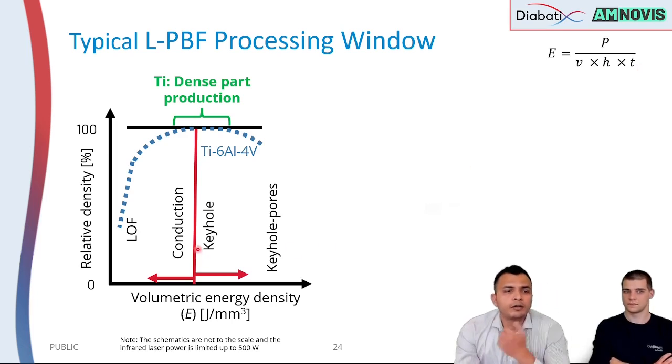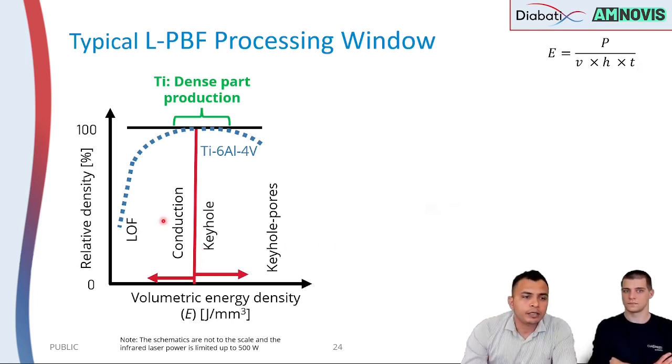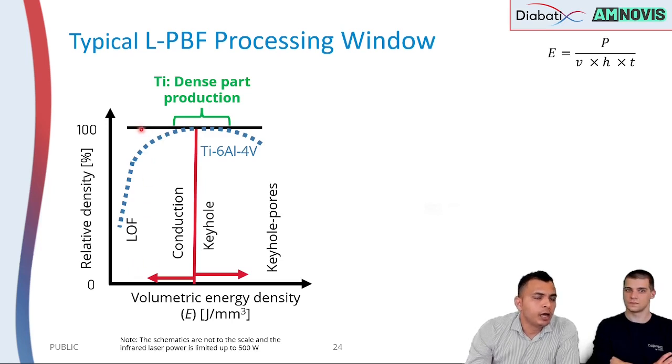So there are three characteristics that are important in this graph to have a stable process. One thing you want is a 100% dense part, which is here. The next thing you want, ideally, is for the graph to be on the left side, meaning you consume less energy. And the third thing that you want is that the plateau shown here, the flat one, should be